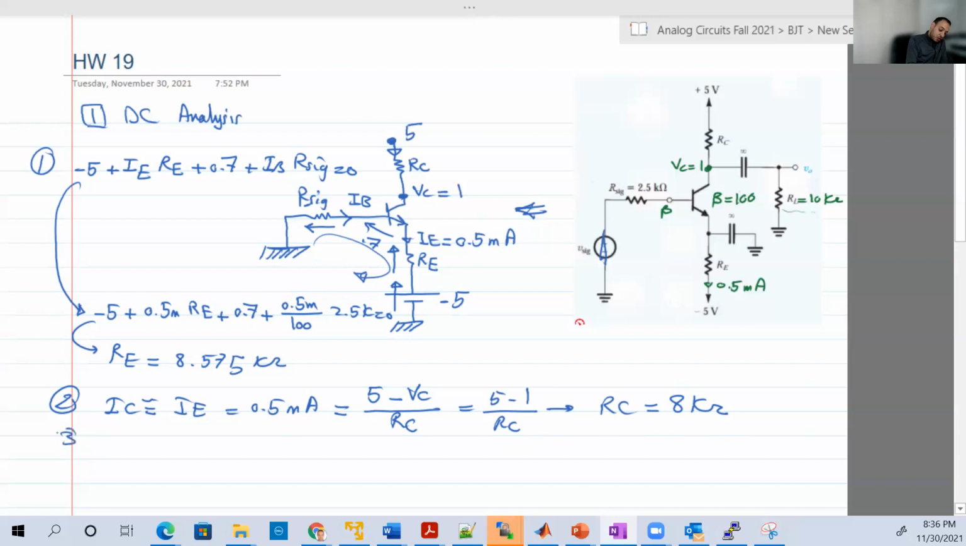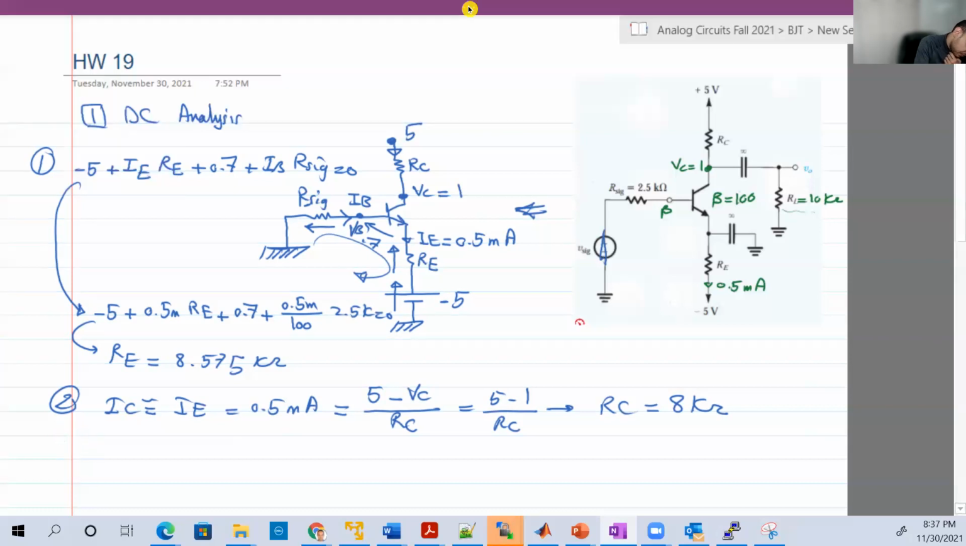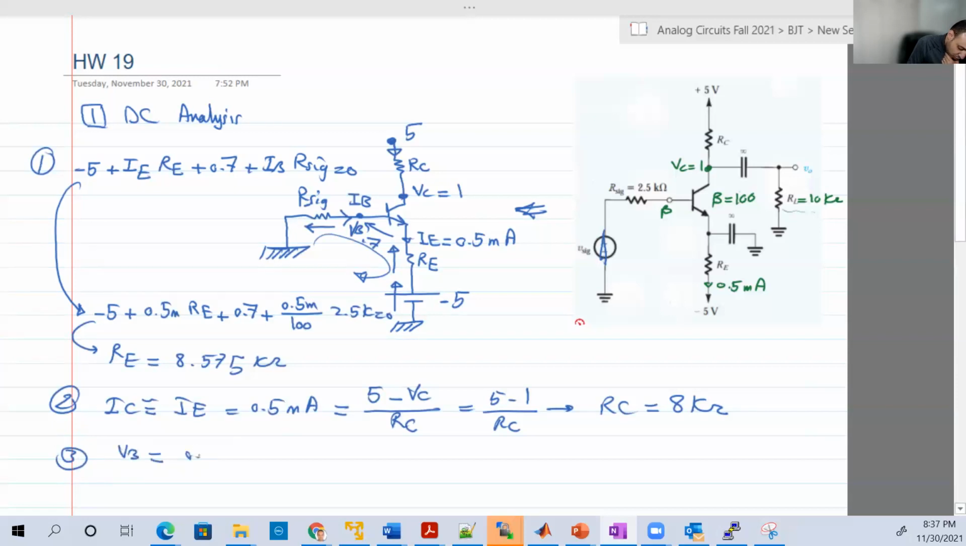Also in the homework, VB was required. VB is the voltage at the base here, the voltage of that point. And here you have two options. You have two branches here. You can say that VB, let me do 3 a little bit lower, you can say that VB equals 0.7 plus IE RE plus the minus 5. Or you can say also, whatever you like,